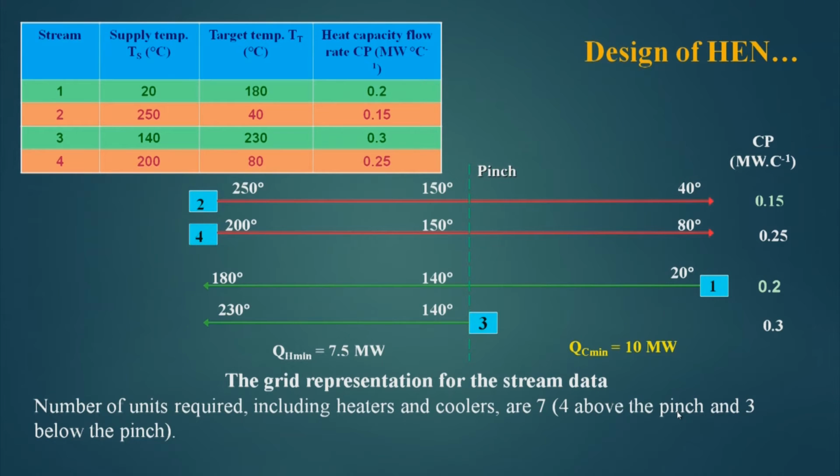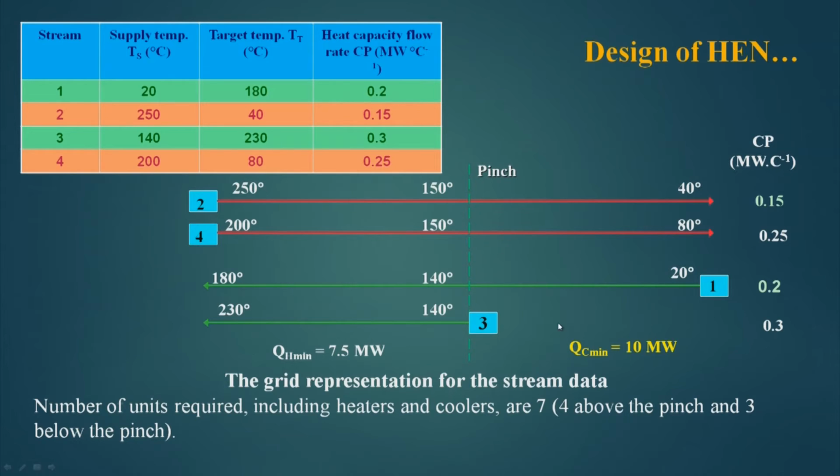The number of units required, including heaters and coolers, is 7, because if I put the number of units target here, this is 2 hot, 2 cold, 4 streams plus 1 utility, 5 minus 1 is 4, and here there are 3 streams plus 1 utility, that is 4 minus 1 is 3. So, for this 3 units are required, and for this 4 units are required, which includes heaters and coolers as well. So, total number of units is 7 for this problem. We predict the number of heat exchangers for this problem as 7, and this has to be matched through our design.